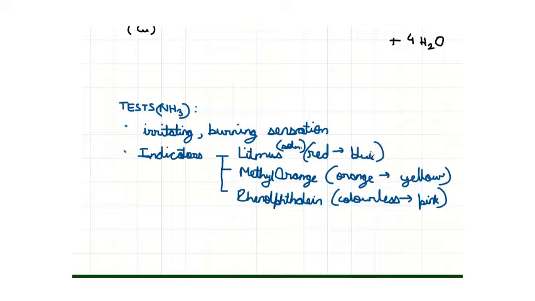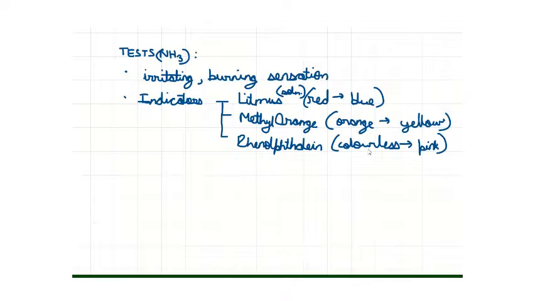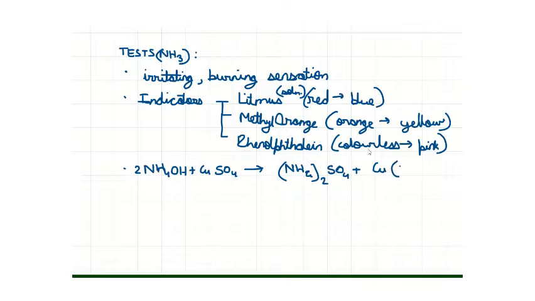Now, we have the passage of ammonia gas through copper sulfate as another test due to a famous reaction that takes place. We have NH4OH plus CuSO4 or copper sulfate, which is usually blue in color, reacts to give us ammonium sulfate or (NH4)2SO4 plus copper hydroxide as the precipitate, Cu(OH)2. This precipitate is pale blue in color, after which we can identify that there is presence of ammonia.